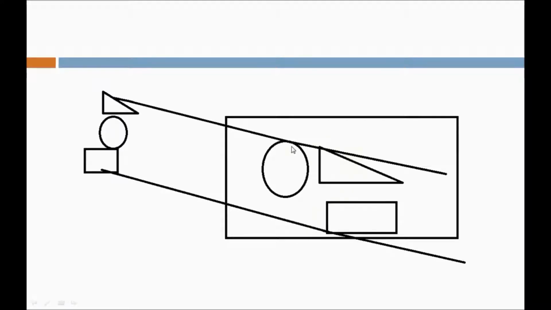Why is it possible? Because all the objects are inside the clipping window. How are they inside the clipping window? Because I increased the size of the clipping window. If you adjust the size of the clipping window, you can project the objects.